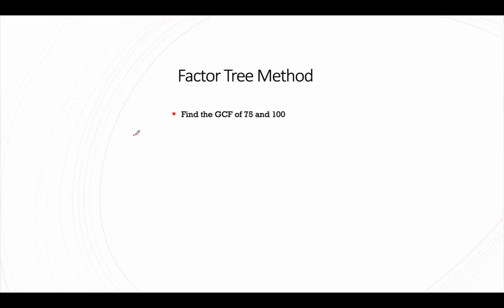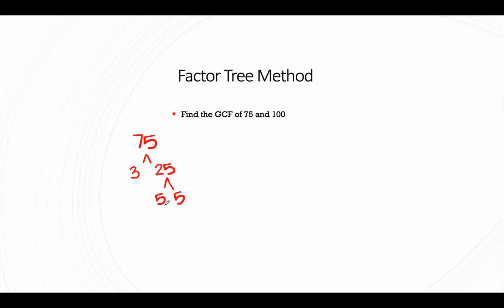First, let's make a factor tree for 75. So to do a factor tree, it's very similar to the list method. I'm going to start breaking down 75 into smaller parts by dividing. So I know that 75 can divide by 3, and that's going to give me a 25. Now I can't break 3 into any smaller pieces because it is a prime factor and doesn't divide by anything other than 3 or 1. But I know I can break 25 into some smaller pieces because 25 divides by 5, and it leaves me with 5.